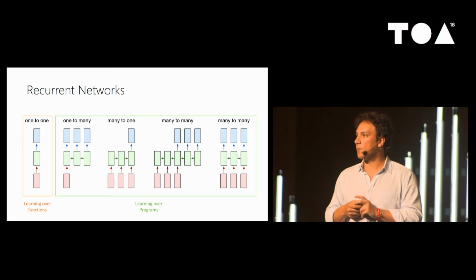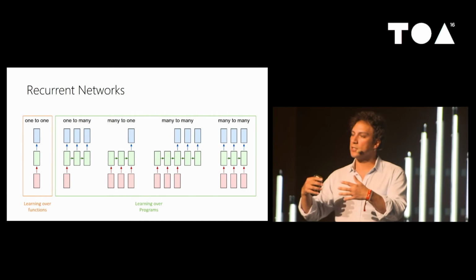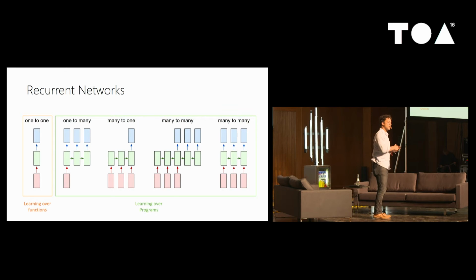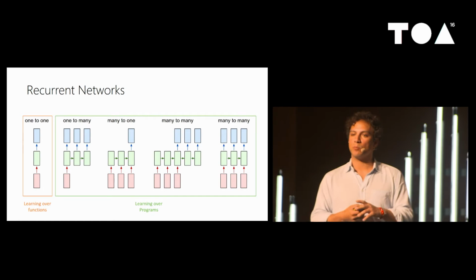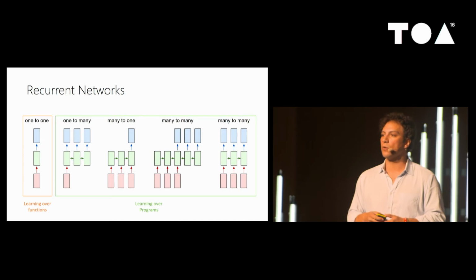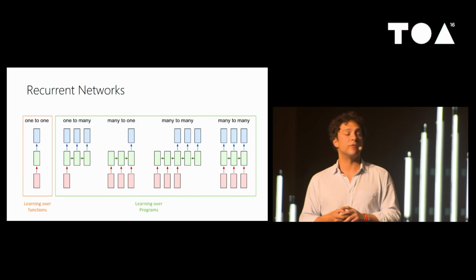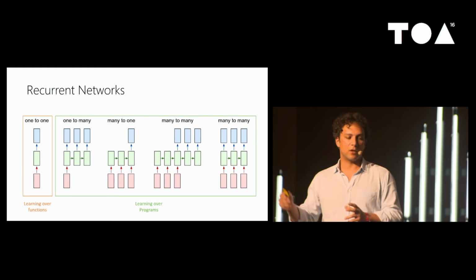And one really interesting way of thinking about this is that in a traditional network, you're learning a function. You have some inputs, and they go through the network, and then you get some prediction of the outputs. But with a recurrent network, because this state is preserved, we can learn all types of full programs. So the dialogue agent that I talked about in the past, a good thing to do might be to preserve some of the state throughout the dialogue, so I know who you're referring to when you use prepositions, or if we have a dialogue about booking a venue, I don't have to ask you the details of it every time over and over. So you can see we can learn all types of functions that are really full programs and preserve state across different things.